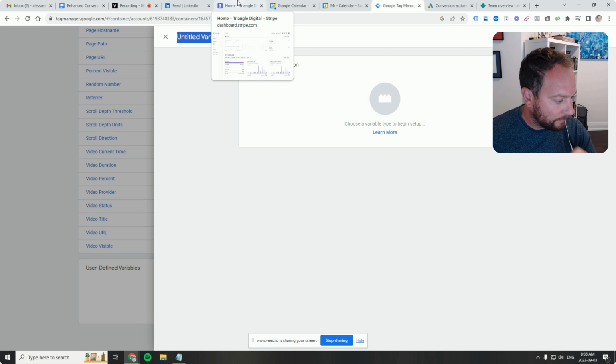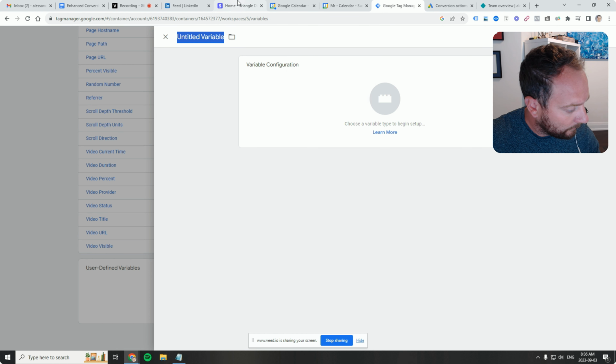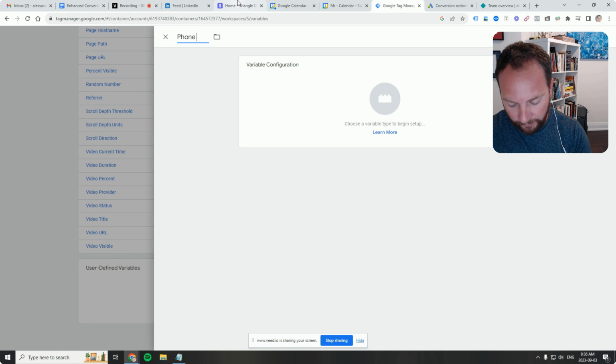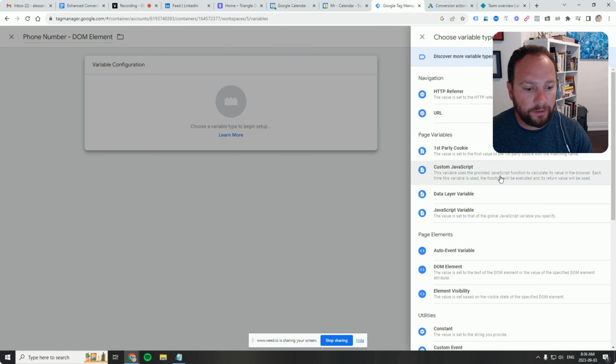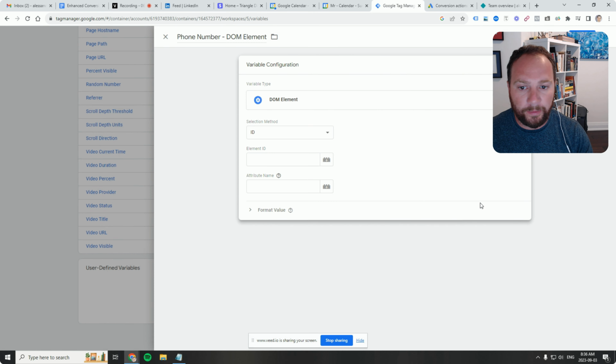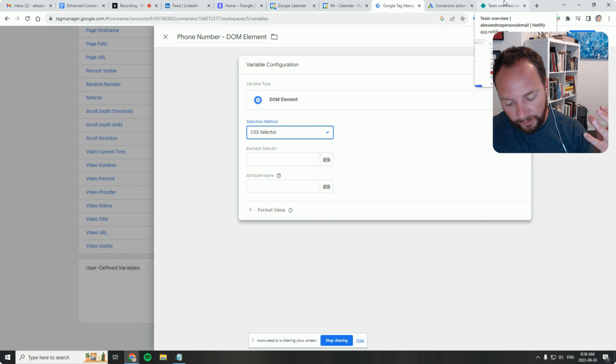And let's call it phone number DOM element, right? Because we're going to be grabbing the inputted phone number from your website contact form. And then here, you're going to click on DOM element. And the selection method, in this case, is going to be CSS selector. And then under element selector, that's where we are going to actually grab it from the network tab or the